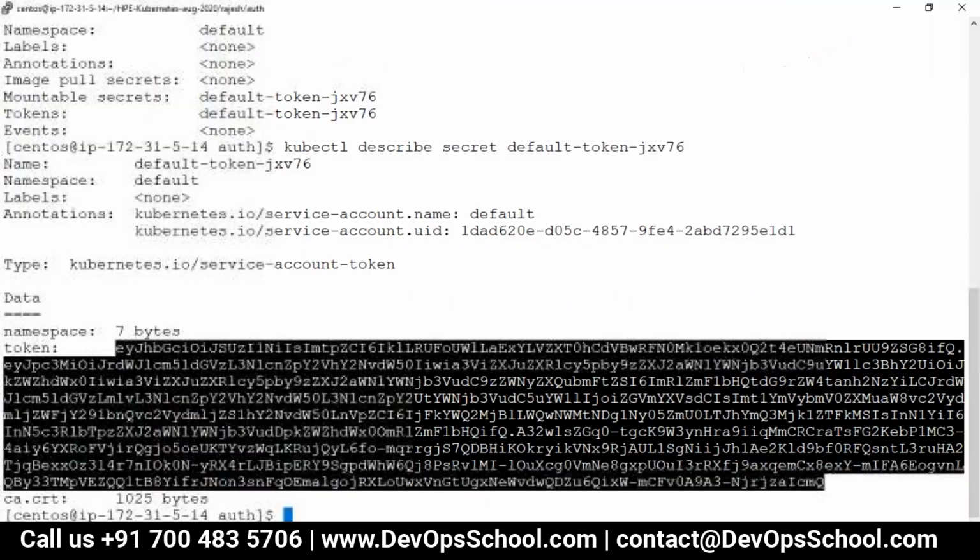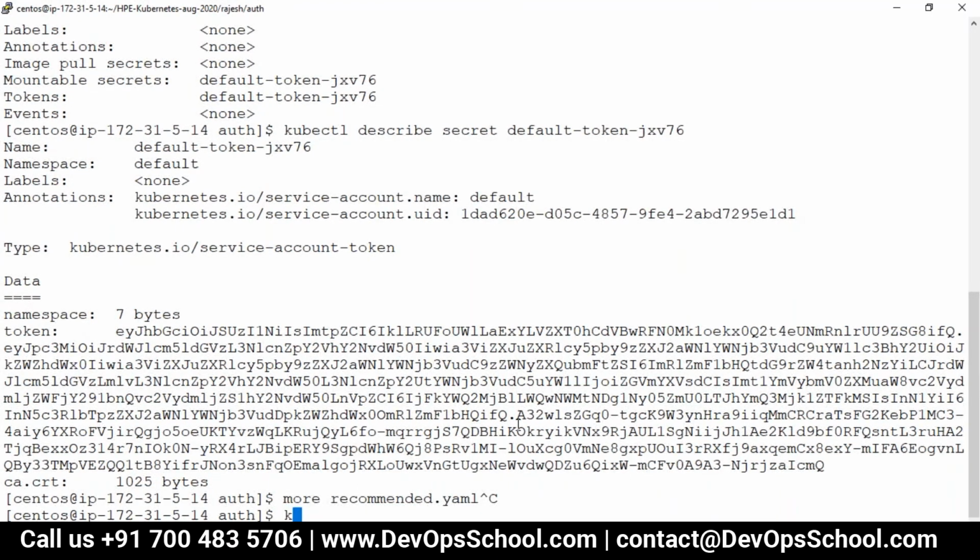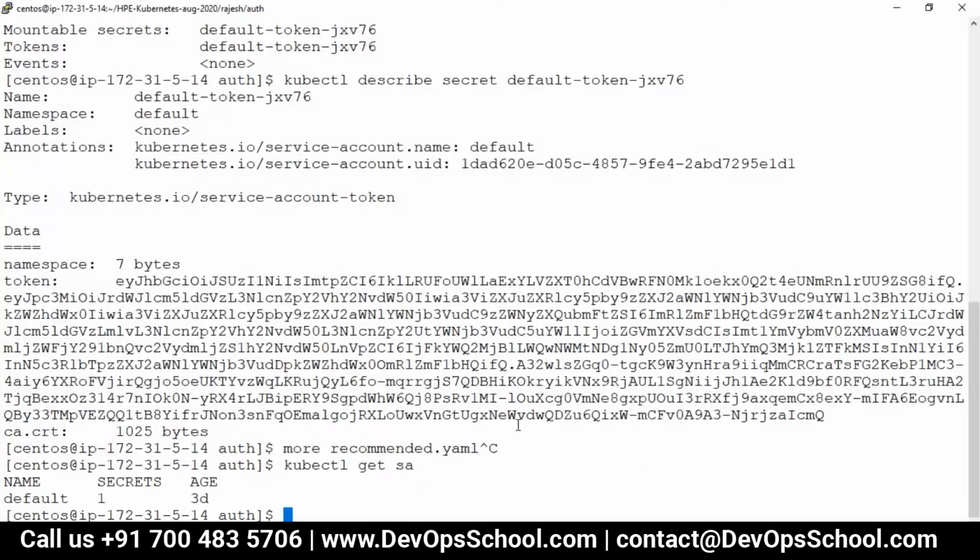So let's do one thing. Let's now use the one which I was discussing, because typically we use this one, the config file, so that way it's easy. So kubectl get sa, and now describe. Sorry, not sa.